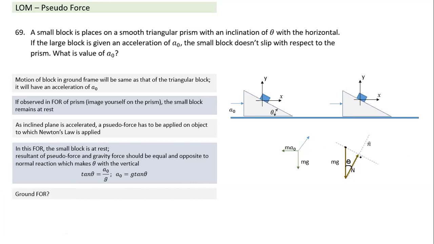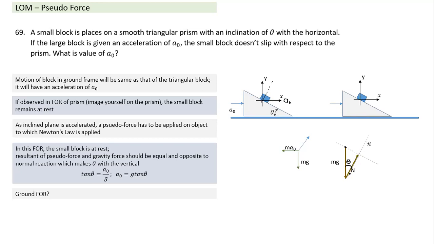Can you think of a reason why the magnitude changes? I have written already n cap here. What is n cap? N cap is the direction perpendicular to the surface. So what it does here, if this surface, which is called the large block, is given an acceleration a naught, the a naught will have a component along the normal direction also. Since the block has a component in the normal direction, even this small block also must have a component in the normal direction. Who will give that force?